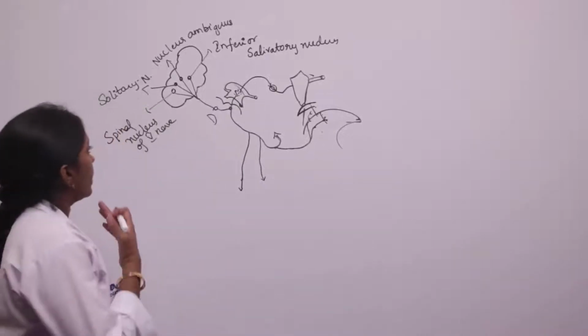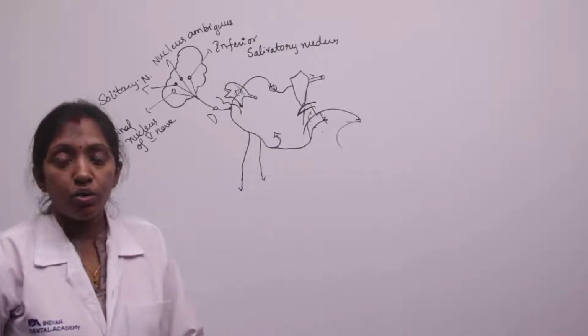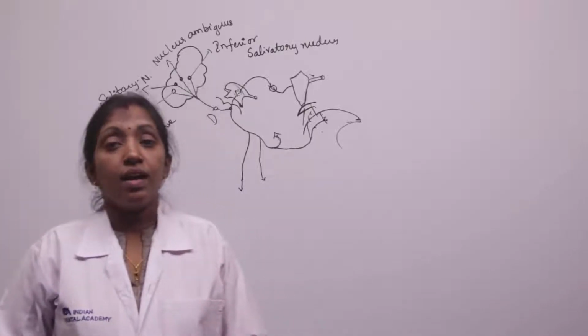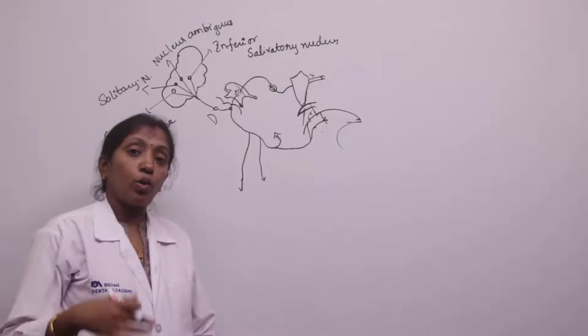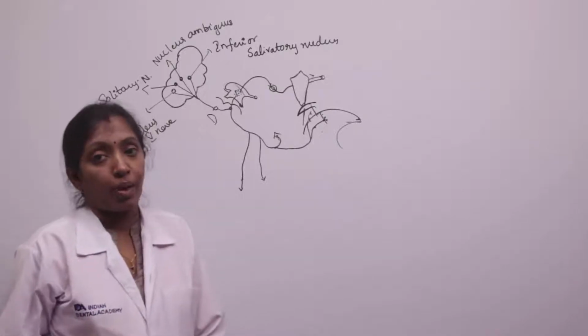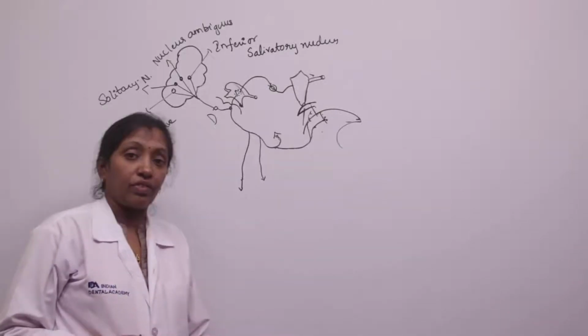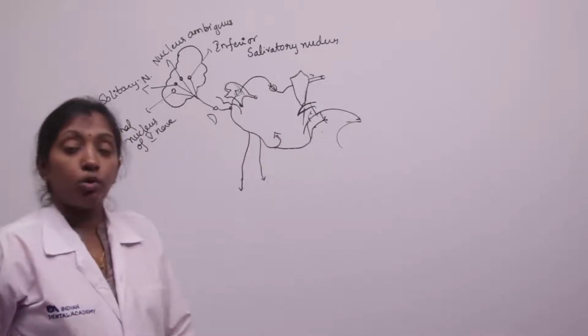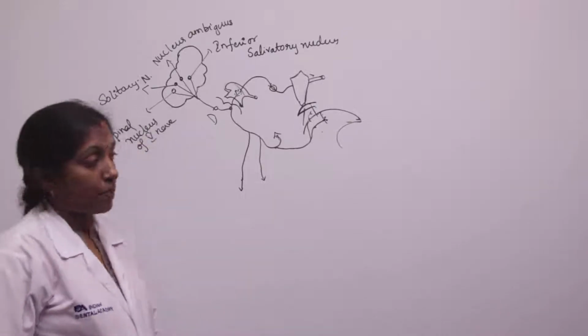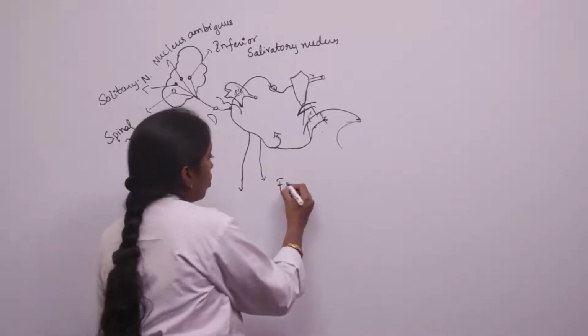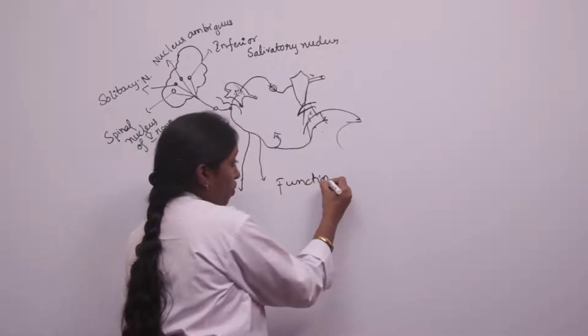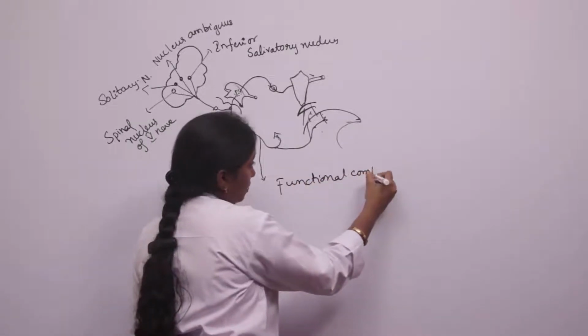So today we are discussing the glossopharyngeal nerve. It is the ninth cranial nerve. It consists of both sensory fibers as well as motor fibers. And the functional components of the glossopharyngeal nerve are: